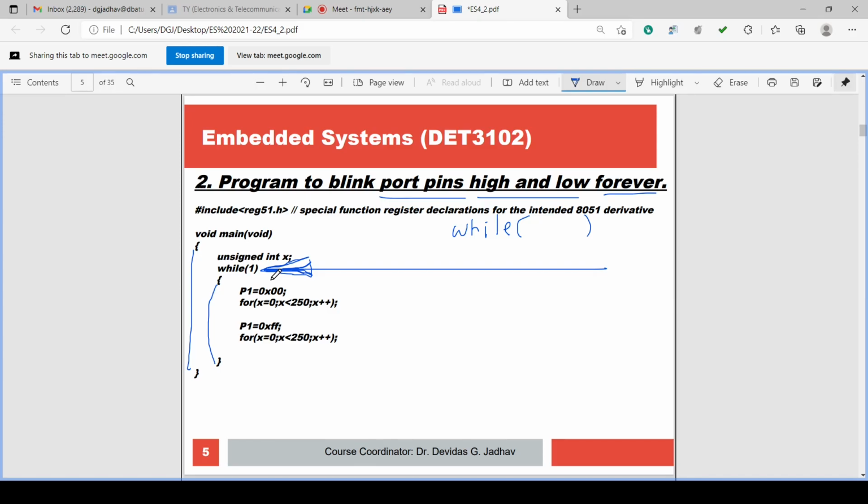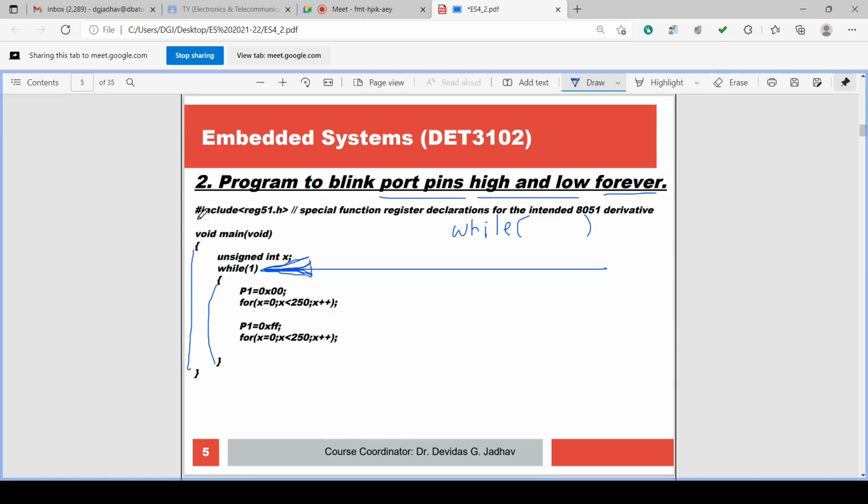So for also has two different applications. One is the infinite loop, and the second, terminated with a semicolon, can be used as a delay. In this case the for loop executes 250 times, so only that for loop will execute as the delay. The next instruction will not execute along with the for loop 250 times.